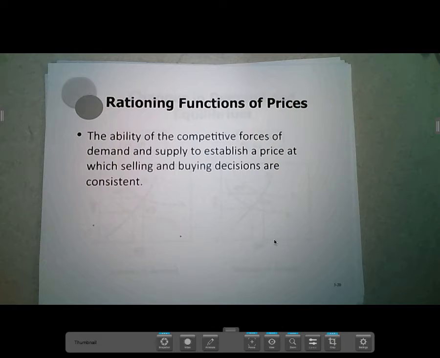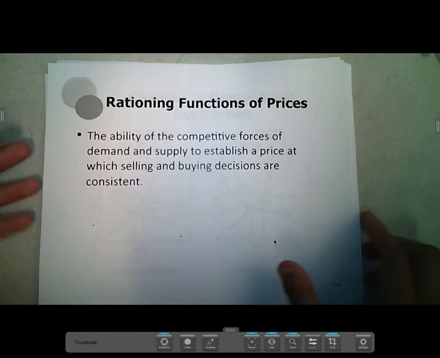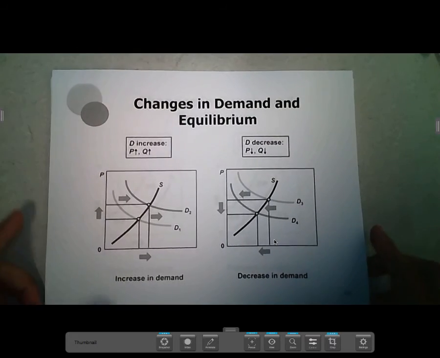But right, I can raise the price even. I can say maybe the price isn't high enough. I'm just going to add lots of taxes to it to make it more expensive. But the beautiful thing about the market is that for the most part, people, individuals, and firms get to decide those things. Now the cool thing about the equilibrium